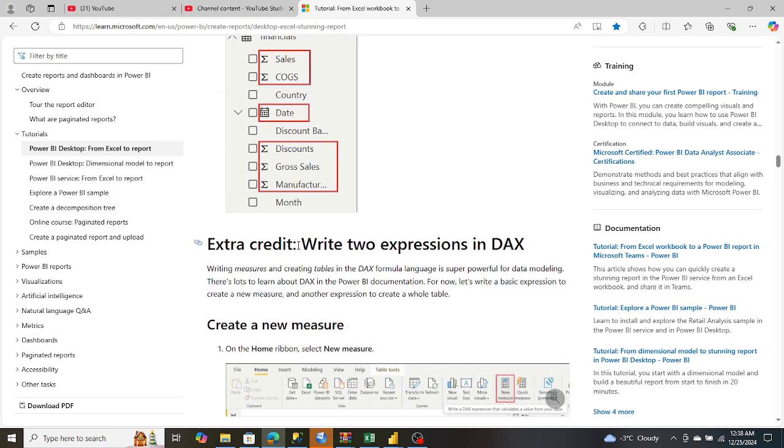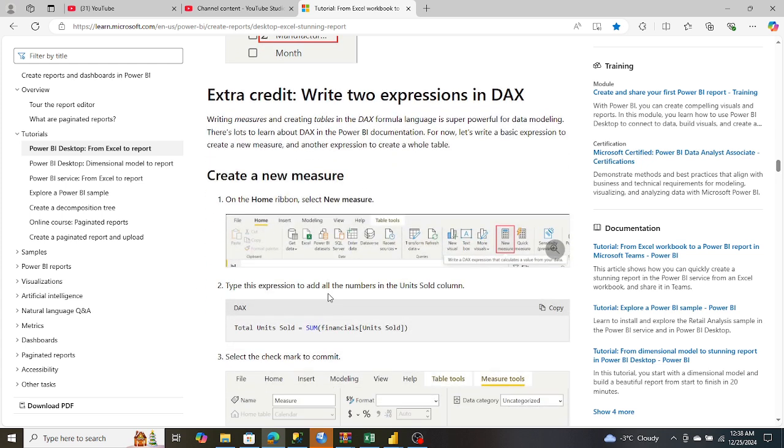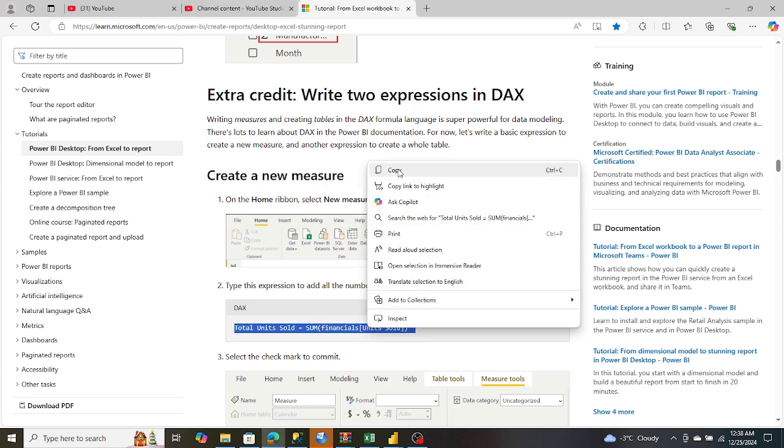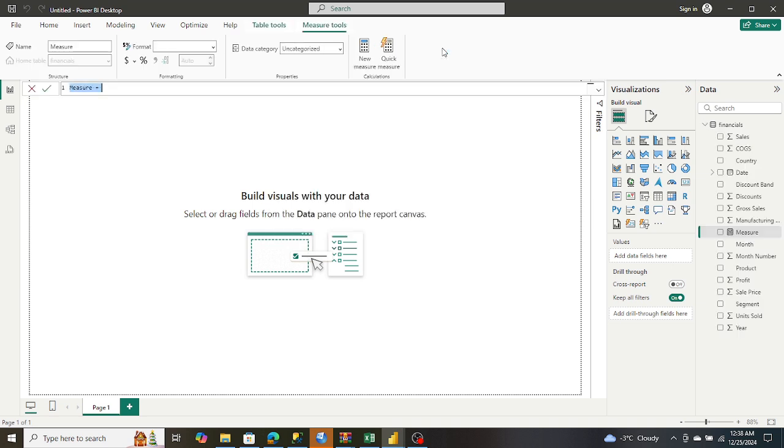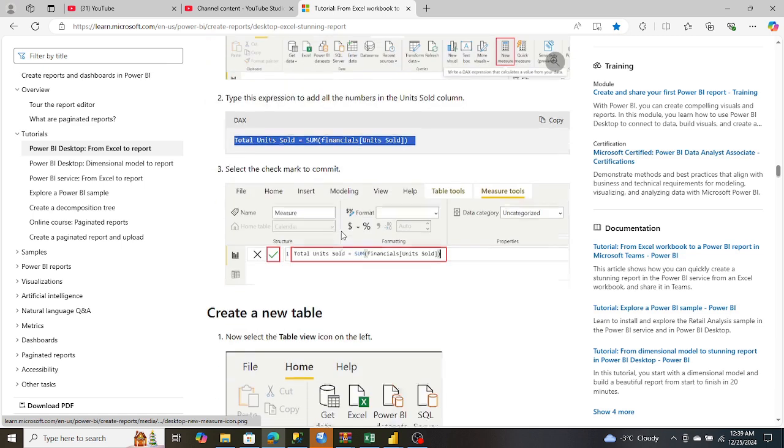Okay. So we need to do the extra credit. We need to write two expressions in DAX. Writing measures and creating tables in the DAX language is super powerful. Create new measure. Okay. That's what the measure would be. We copy and then we go there, new measure, and we just copy this here, and then